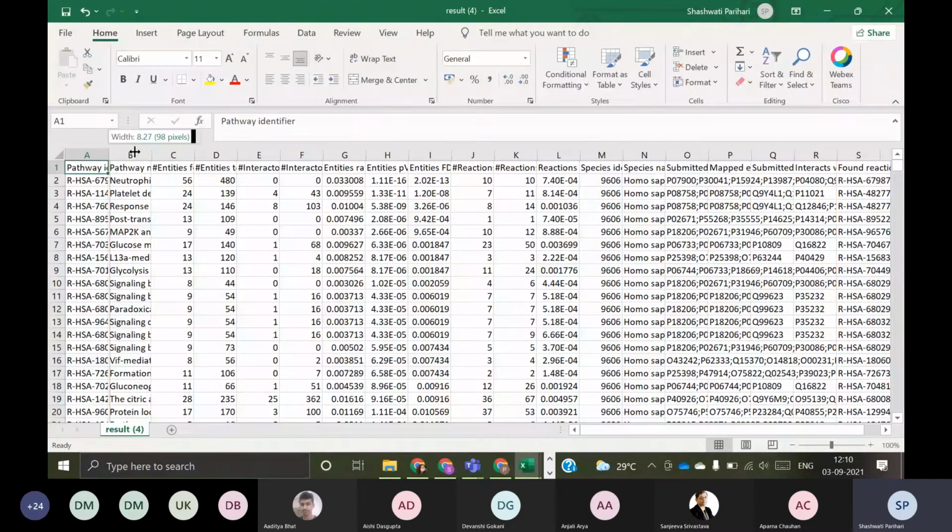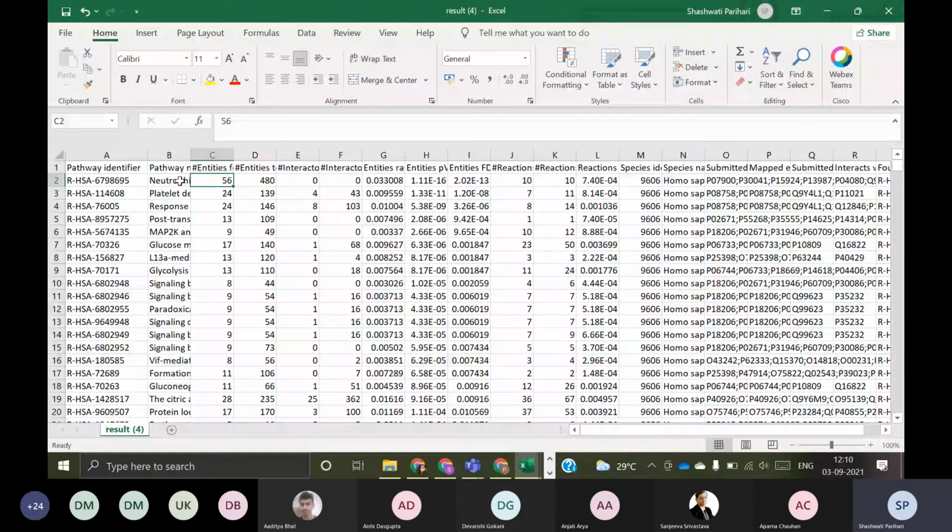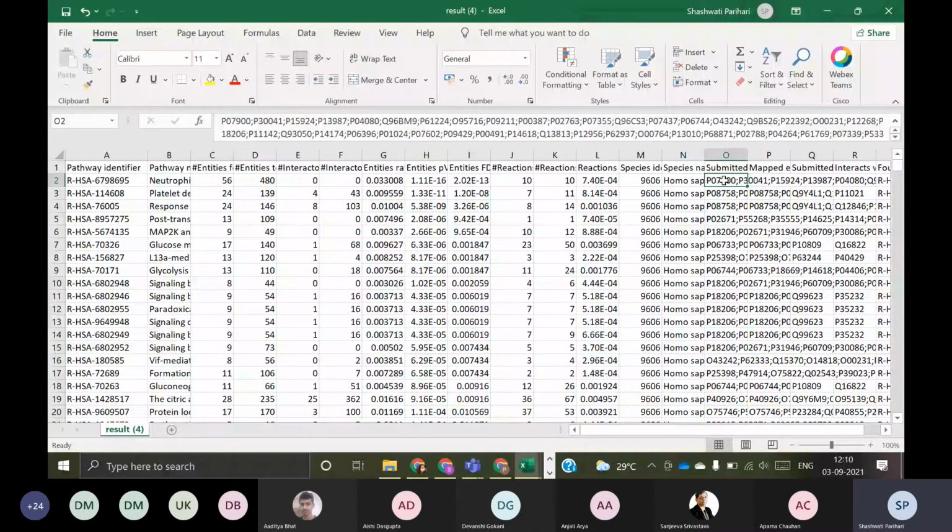Or you can take those proteins for your Skyline analysis, and we can target those proteins to see whether they are upregulated or downregulated in our samples or not. Another way could be GSA analysis. So in the Reactome, here is the analysis, GSA expression. Here you can choose the GSA one